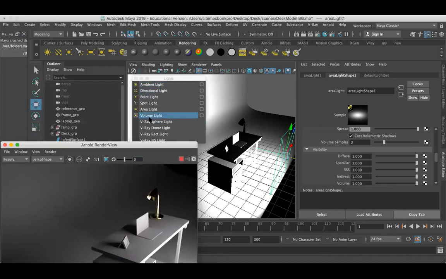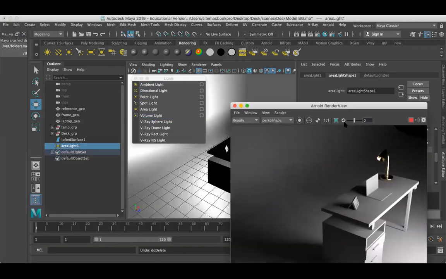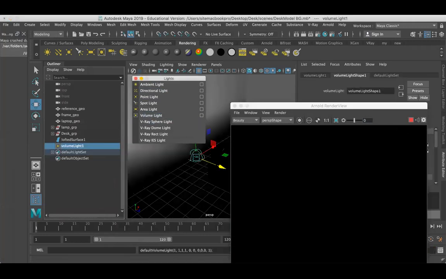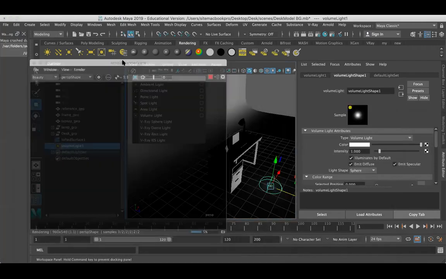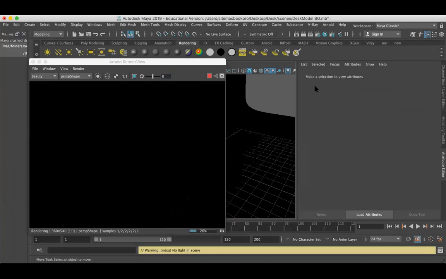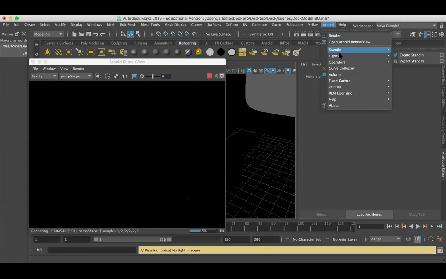The last light is the volume light, which doesn't work with the Arnold render, so it is useless, and you cannot see volume light here. We don't use the volume light with Arnold; instead we use some other things.